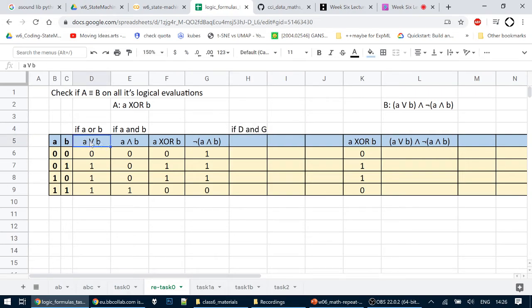Because it's saying if this thing, it's the D, the column letter D, and G, so this column, and they have to be evaluated using the operator AND, and so we will be using the same evaluation as in this case. We were also doing AND. So this is again something where we would have variables like A and B. Instead of A and B, we could have these variables referring to these two blocks. And so this also rewrites to